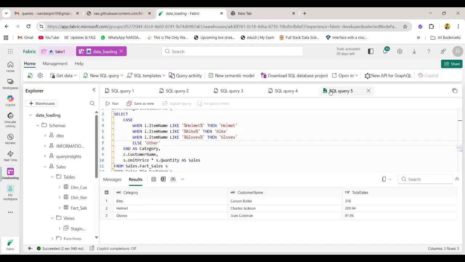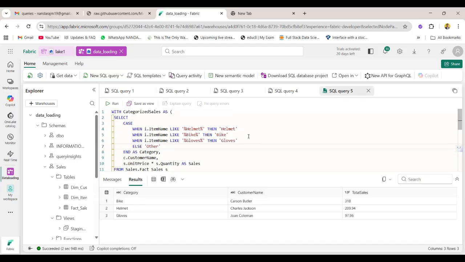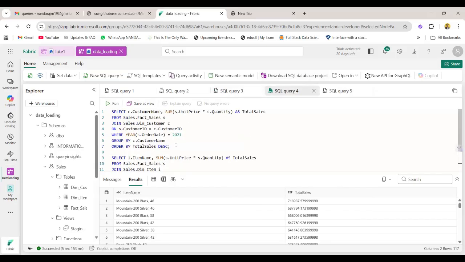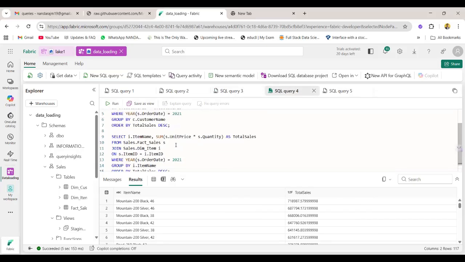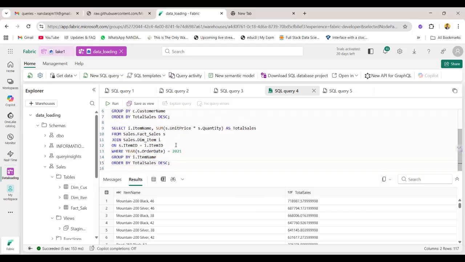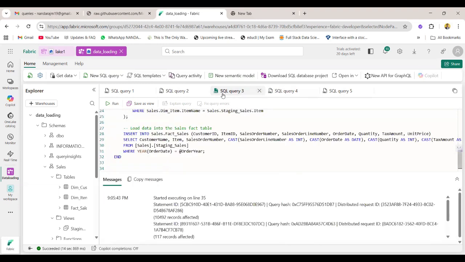Are there any questions here? How do we do incremental load? Here, for the incremental load, if there is any new data, that is taken care of. If there is a new line of data inside the CSV file, it is taken care of in this process, because we have already put a condition in the stored procedure